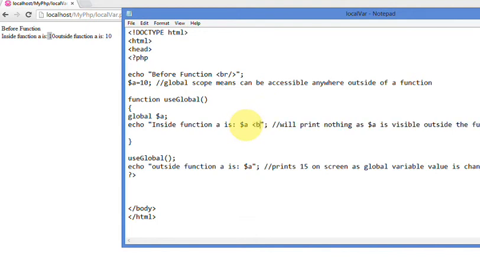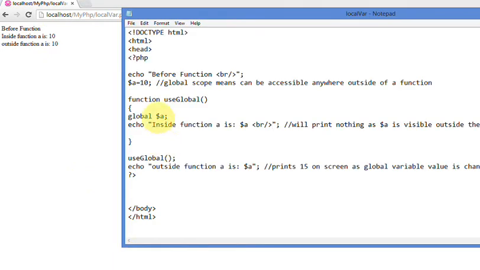I will write a break statement to make it more visible. You can observe the difference now. Now a is available. The a value 10 is printed even though we declared it inside a local function, because we used the global keyword. Similarly, to access this a, we have another way using